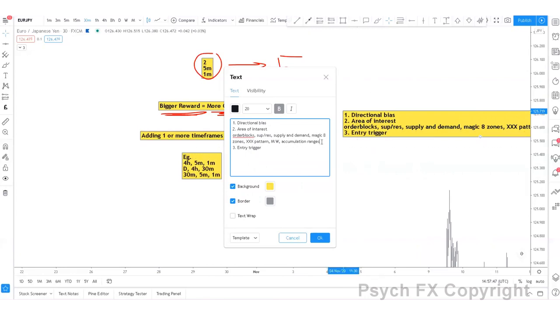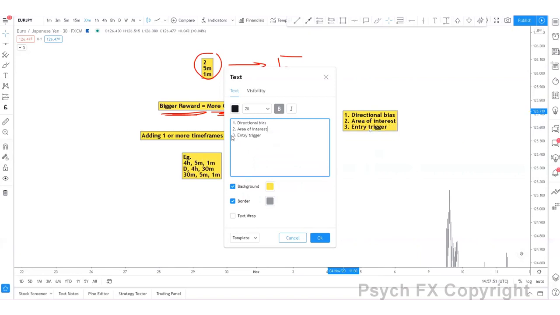The real key to success is just focusing on less. Less is more, because that allows you to master a particular thing. We are going to be focusing mainly on order blocks and those kind of displacement zones that we talked about. We're just going to expand on that, and those are going to be our areas of interest. It's very important that you understand that we have our core strategy, and it's very important to separate that from your confluence factors. So this is the core strategy.